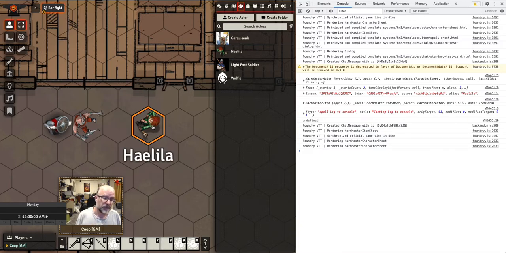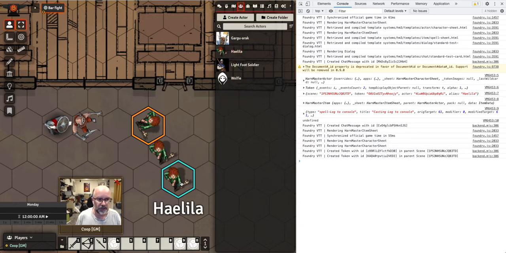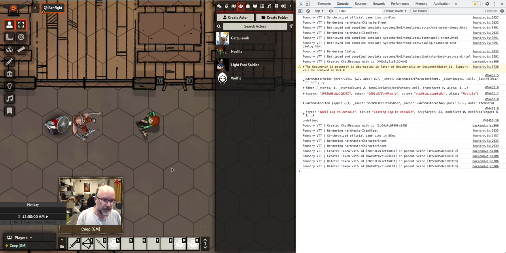So you need to be familiar with the difference between the token. You can actually have multiple tokens for the same actor on the screen at once. That's how you do mobs of Gargan. Okay, so you need to be familiar with when you'd want to use token, when you'd want to use actor. What else do we have? We've got the,